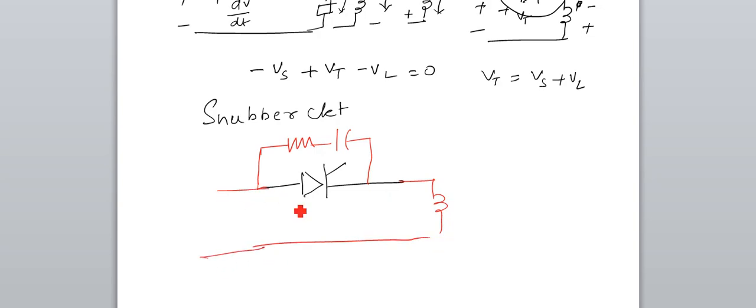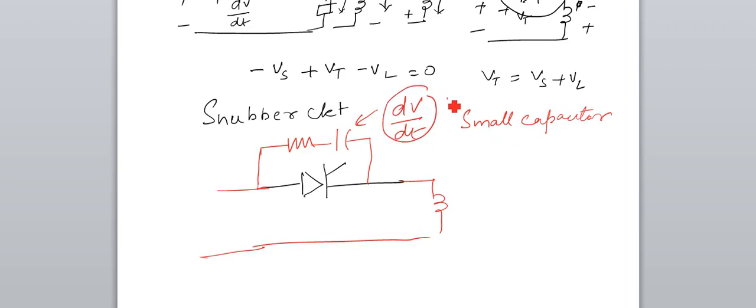What happens is that this capacitance limits the voltage across, because of the relation C dV by dt. So if you are connecting a small capacitor,